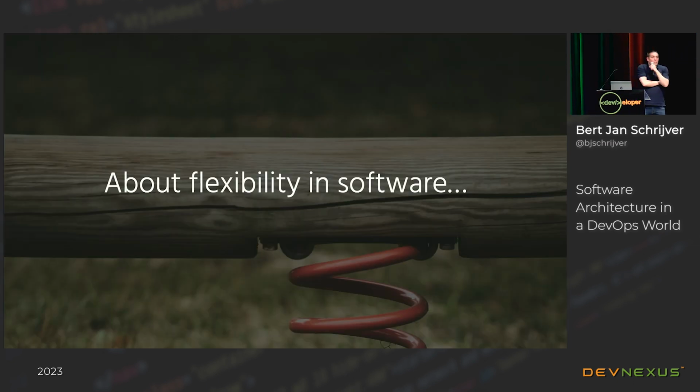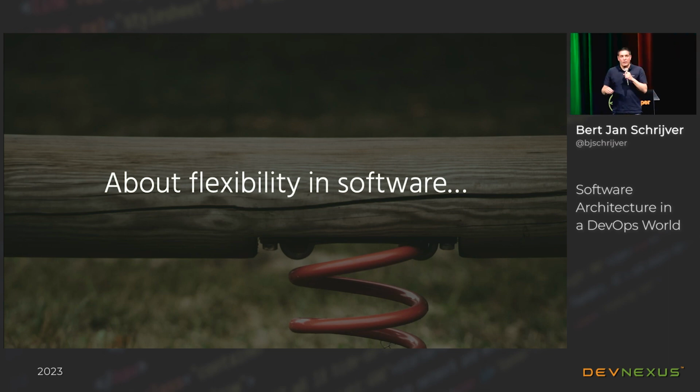So another story about flexibility in software. I joined a team years ago, and they were building software for the government. It was a government project. So I guess it works pretty much the same in the US as in the Netherlands. There's this thing called tenders, where a governmental organization writes whatever they need, and all companies can say, "I want to build this," and then the cheapest one gets to build it, right? That's basically how it goes.